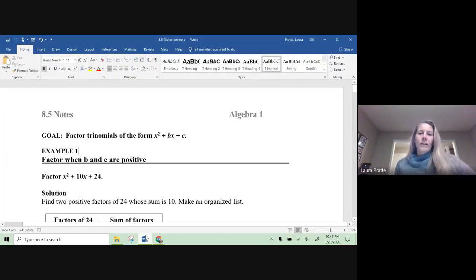Hi guys, good morning. So our lesson today is going to be on factoring, and we're going to start out with factoring basic trinomials. So hopefully you remember a couple weeks ago, last time we were in class, we were